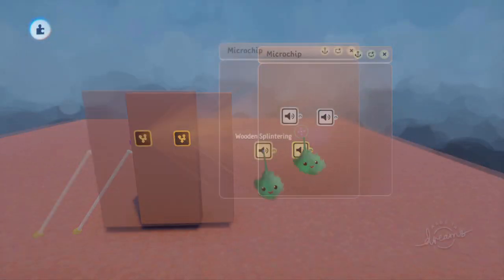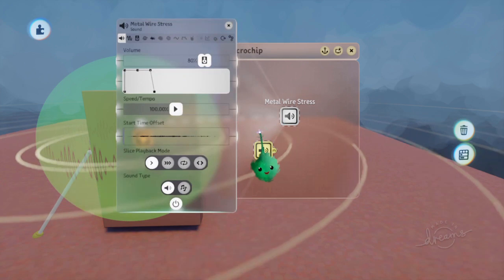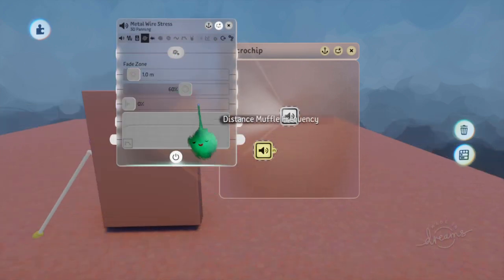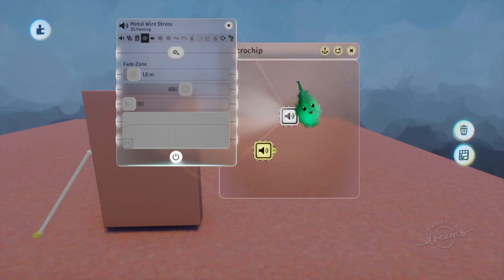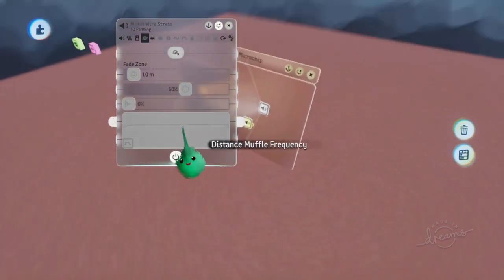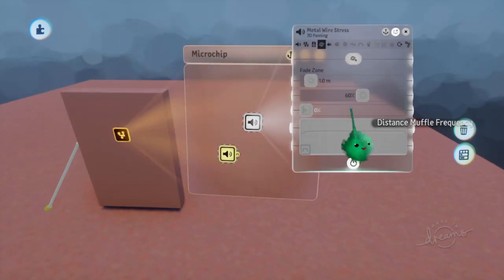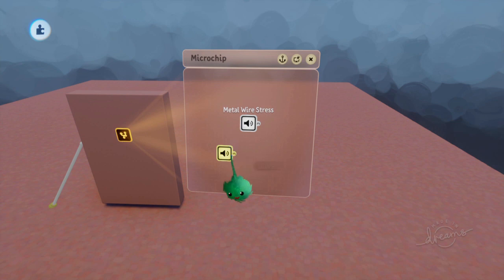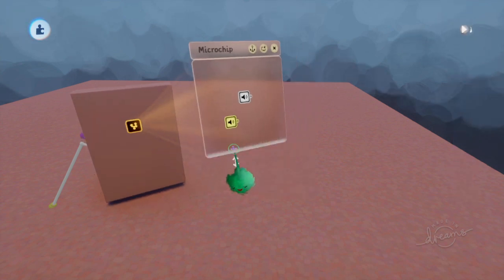Yeah, that sounds good. So for testing, I'll tweak both of these and turn off 3D panning so that I can always hear them even if I'm looking at it from above or far away or something weird. So that's very useful for testing. At the moment they're just both going to play no matter what every time,